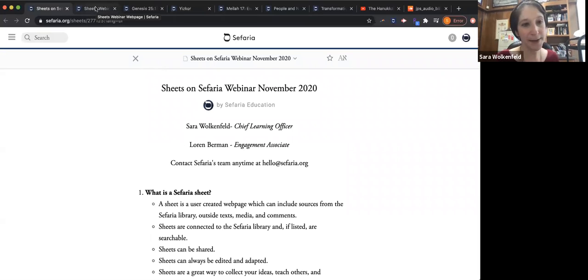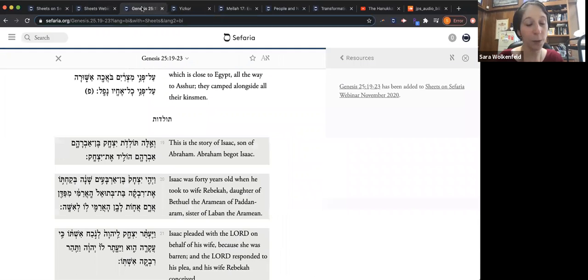And again, it just depends on where you are, where you're located in Sefaria as you're creating this source sheet. It's sometimes easier to add from the library if you want to do more browsing or more reading and you're not exactly sure what citation you want to add. Then that's sometimes a really easy way to do that.